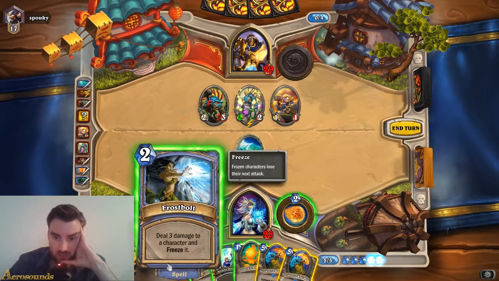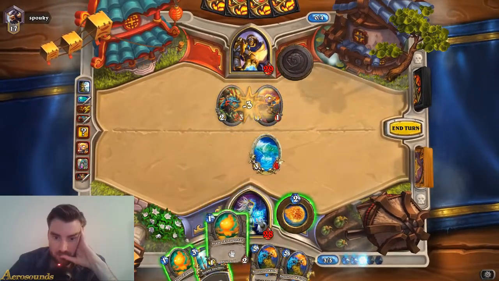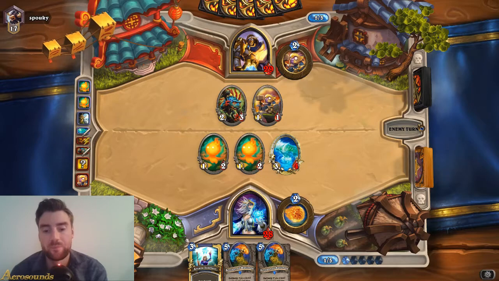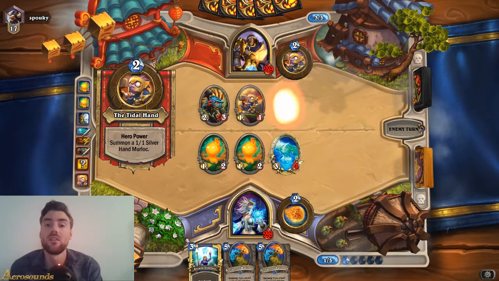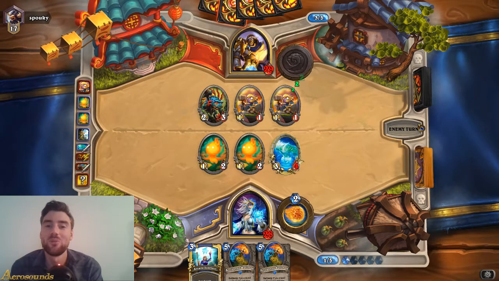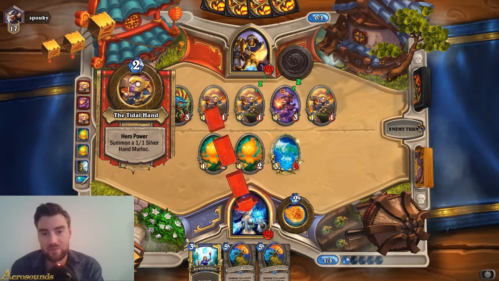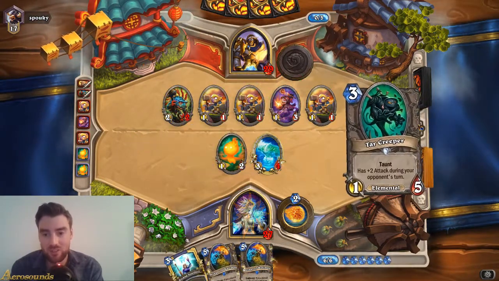I can do this. Keeping the board presence is important. Drawing 2 cards there also would have been justified. Which he's going to play now, isn't he? Don't play a war leader. Okay, so he's obviously got a... I need to kill as many of his... He's going to try and buff all of those Murlocs next turn, so...